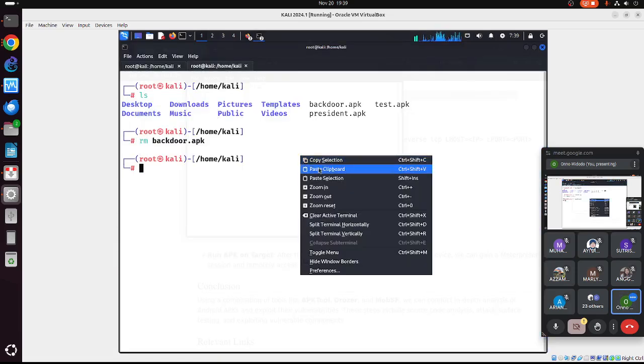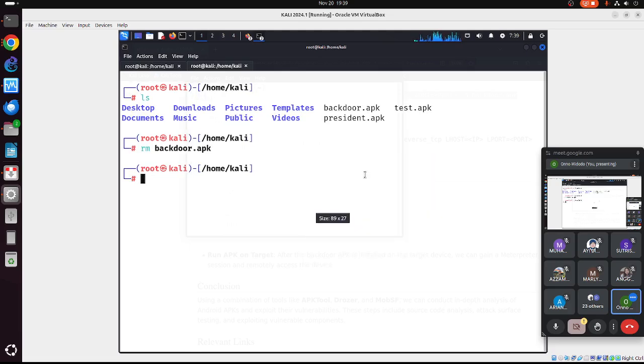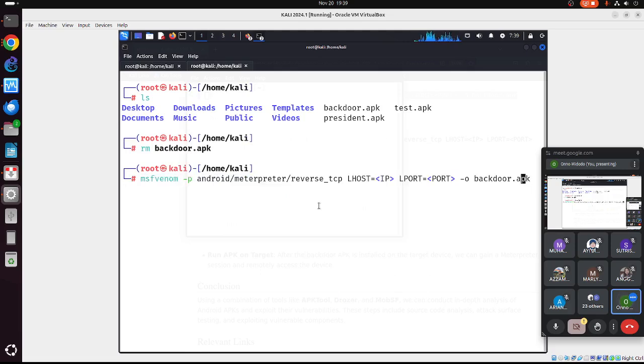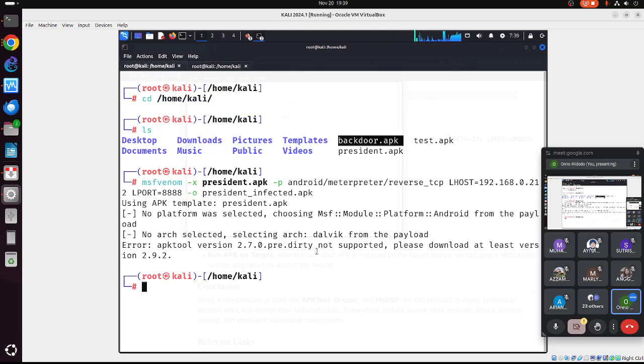Okay. This is how to create a backdoor. It's as simple as this. 212. Port number is 8888. Takes a while. Hopefully it works. Okay. This one finish. So we have president infected. It will point to